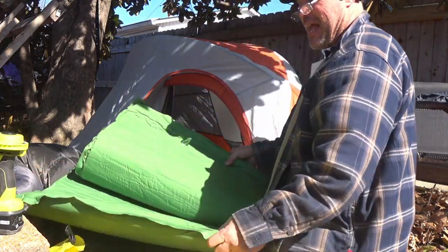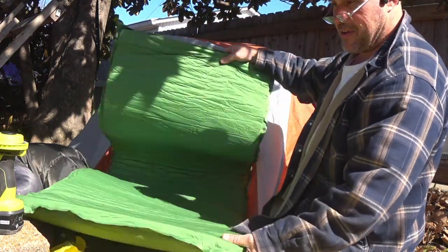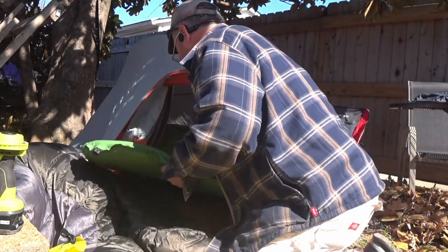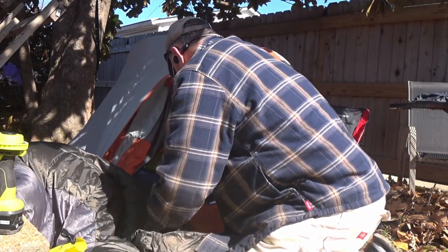and it takes about an hour for this thing to fully inflate. I don't know if you could see it, but it's air sucking in right now. But we're gonna put that